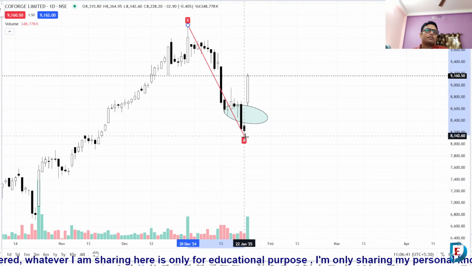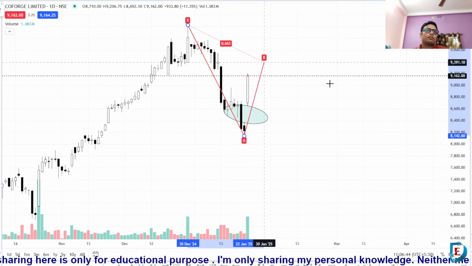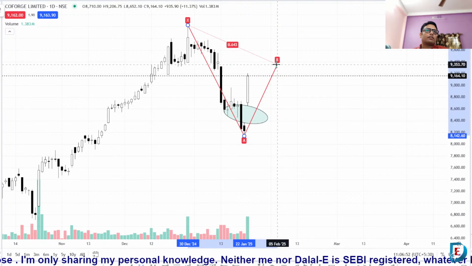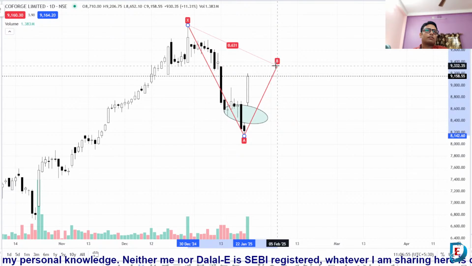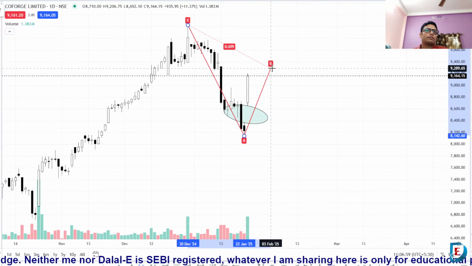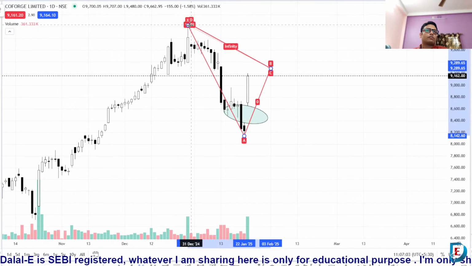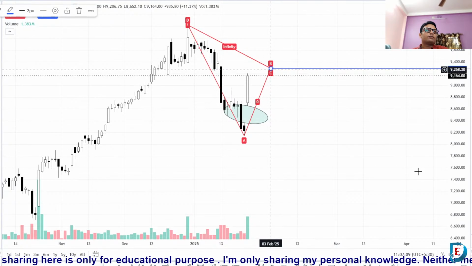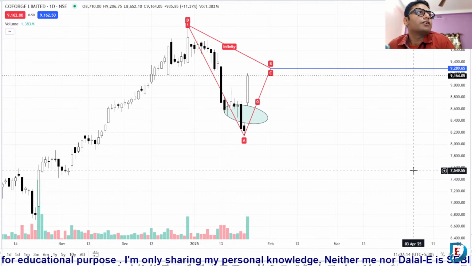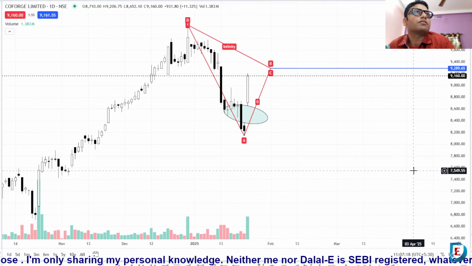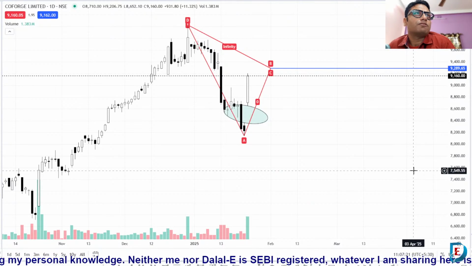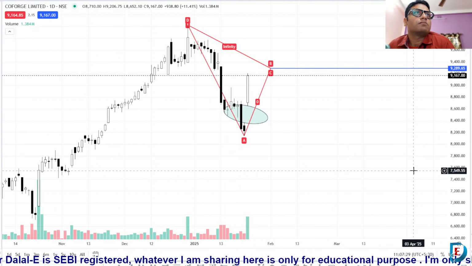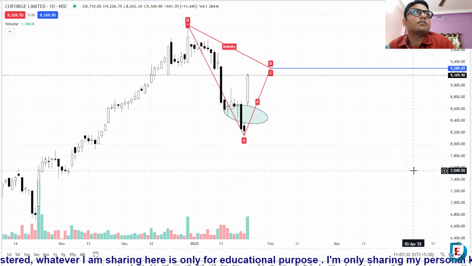If I use my zone on 9,289, this is our resistance zone. So it will act as resistance, and we may witness a fall from here, or price may take rejection from here. But if price successfully sustains above this level,